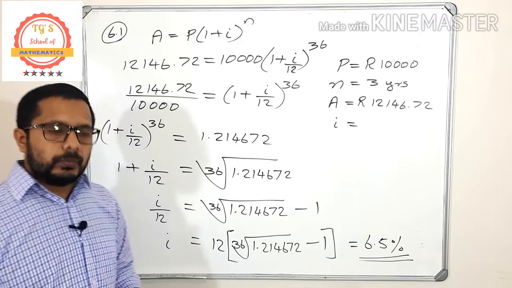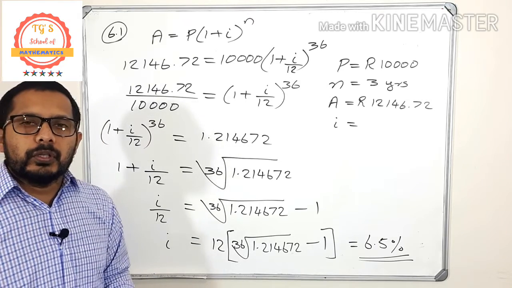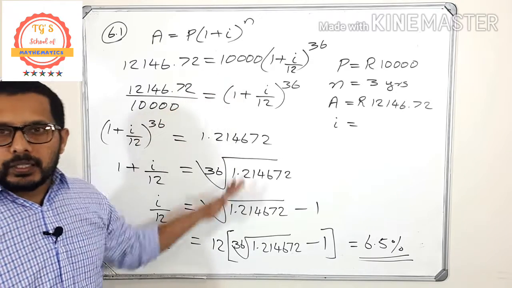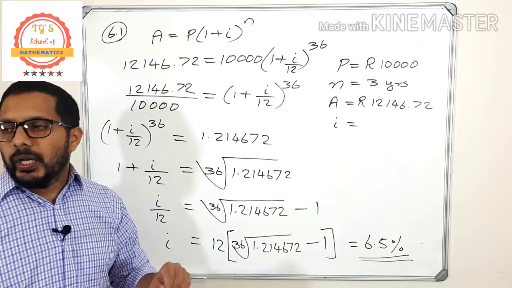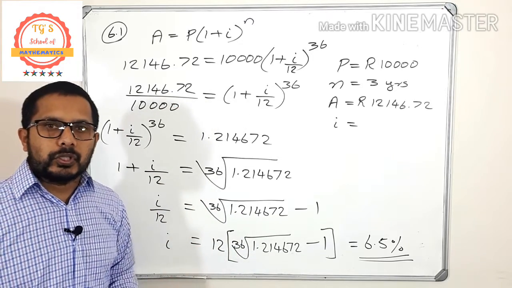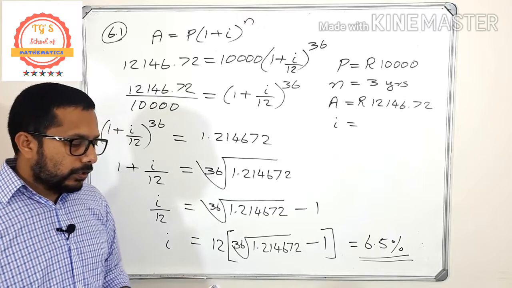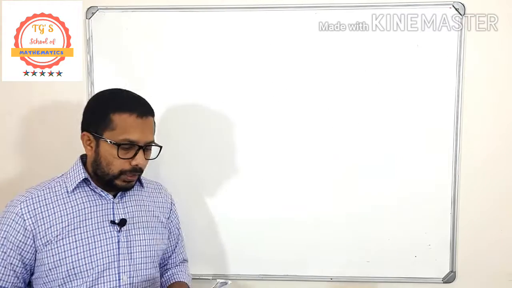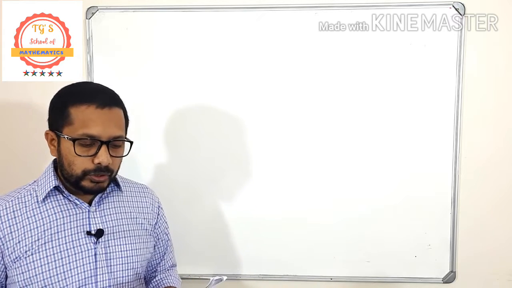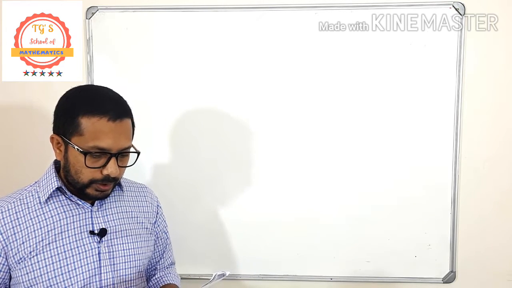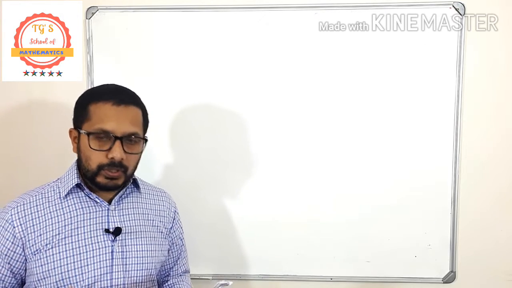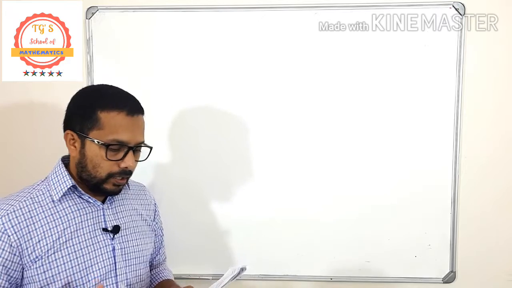Okay, now let's go to question number 6.2. Those who didn't write this one, you can pause the video and write all of this down, then continue with question number 6.2. Okay, so let's start. Payat takes a loan from a bank to buy a car for 235,000. So the loan amount is 235,000, and that one is for a car.